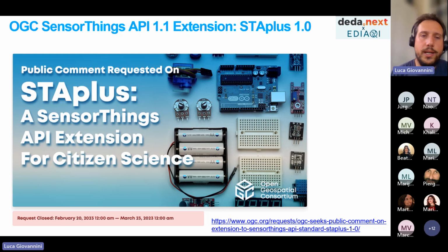That's focused on citizen science. We will have a look at that standard too, but not now. Too many schemas in the same presentation is too much. But just know that it is focused on use in citizen science, but we will see that it can be used also in other settings.